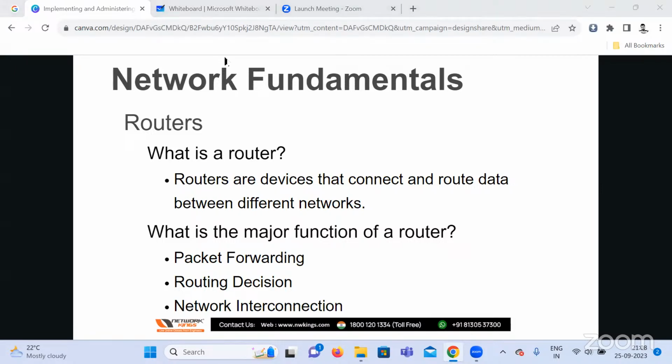Can I just reduce the size? Sure. Anyway,